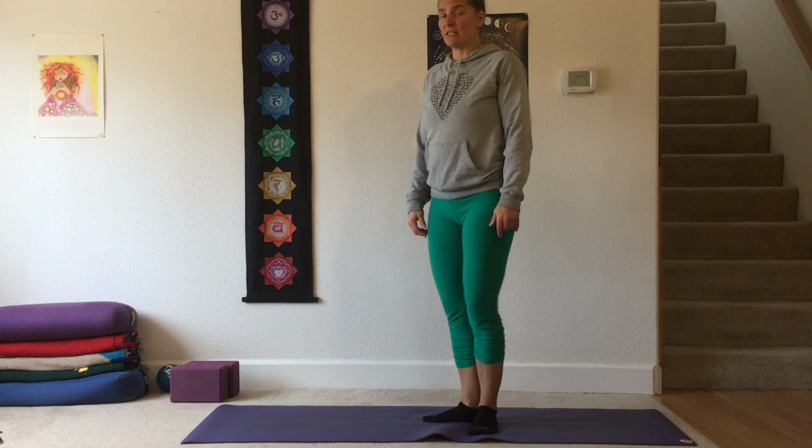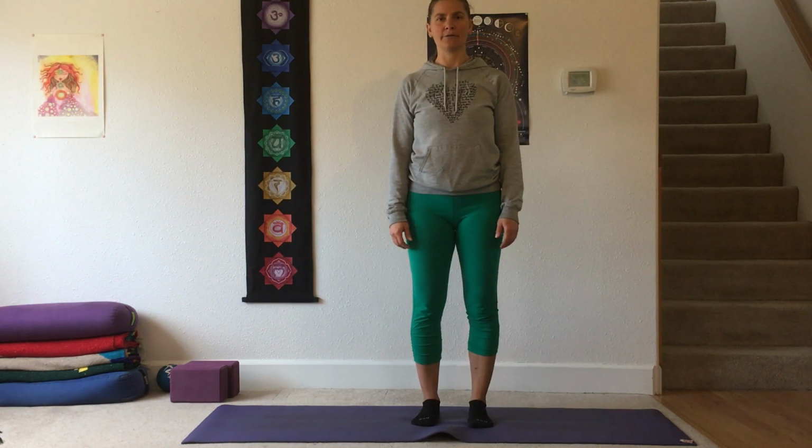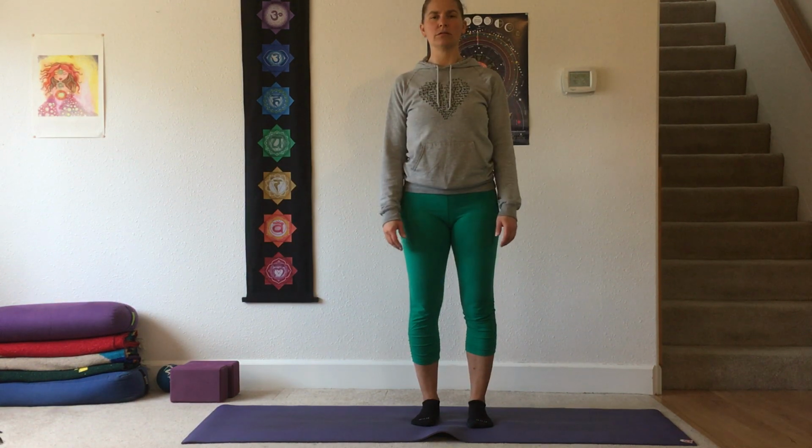And then the next piece is we're going to crunch those shoulders up to the ears and really tense our shoulders, and then sigh it out. Let them whoop down, right? Inhale, crunch them up, and exhale, let them come on down. You can even breathe or sigh it out of your mouth if it helps. One more time. Inhale, go ahead and crunch them up as tight as they can, and then exhale, let them